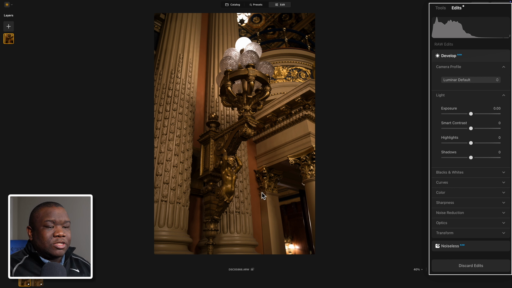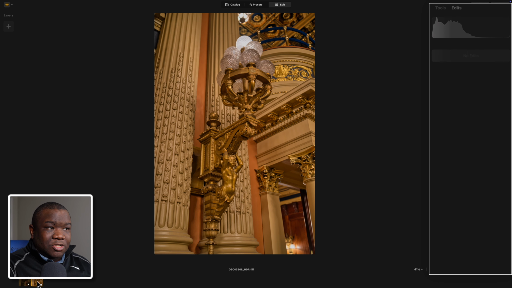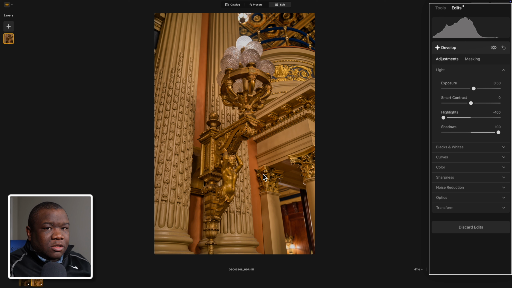But let's go ahead and take a look at what happens when you merge 3 separate images. So now we're taking a look at the HDR image, and this has 3 photos merged together. Now, the cool thing about this is I have a lot of information between my darkest point to my brightest point, and I have some wiggle room. If you look at the histogram here, I have some wiggle room to kind of expose this the way that